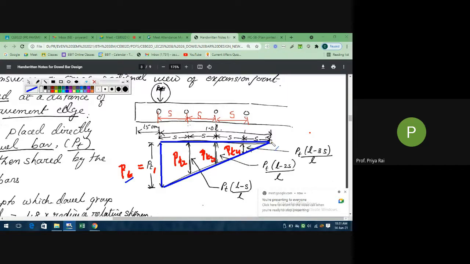Whereas this point is what? From here to here, that distance is L. That is called the radius of relative stiffness. That means if this thing penetrates, it will form like what? It will form like a soccer ball.